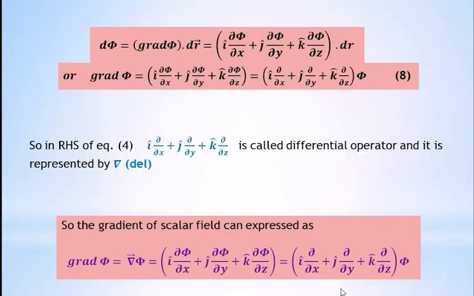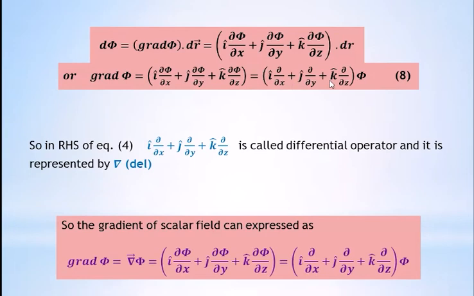Then we write in gradient form. d phi is equal to grad phi dot dr vector is equal to i cap del phi upon del x plus j cap del phi upon del y plus k cap del phi upon del z dr. The dr on the left hand side and right hand side is the same. Then grad phi is equal to i cap del phi upon del x plus j cap del phi upon del y plus k cap del phi upon del z, which is equal to i cap del upon del x plus j cap del upon del y plus k cap del upon del z into phi, which is